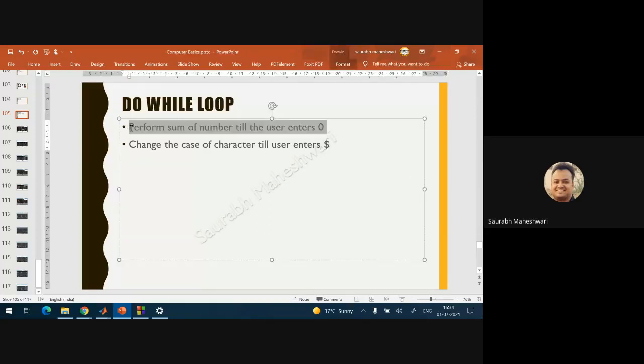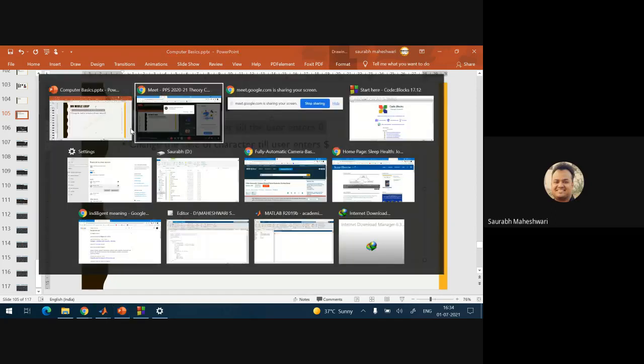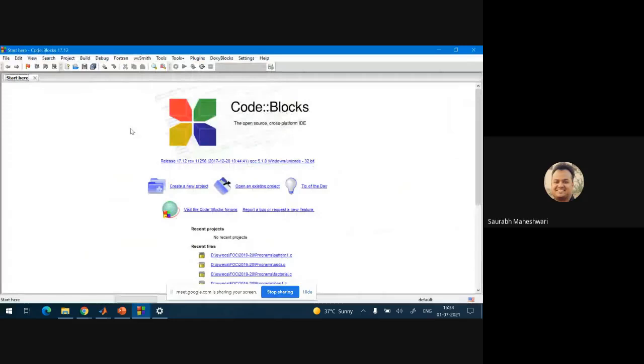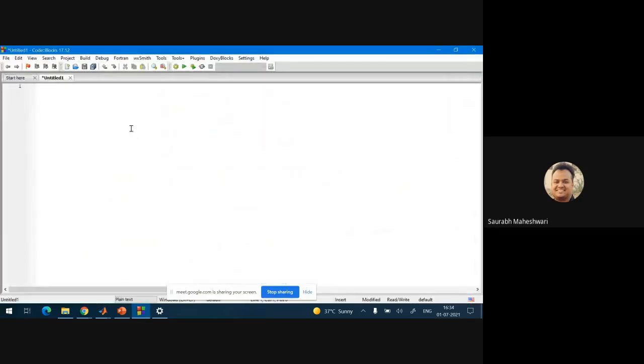Just see the syntax of the do while loop. Now, if we want to perform the sum of numbers till the user enters 0, first of all you have to see whether this is an application of a loop or not.